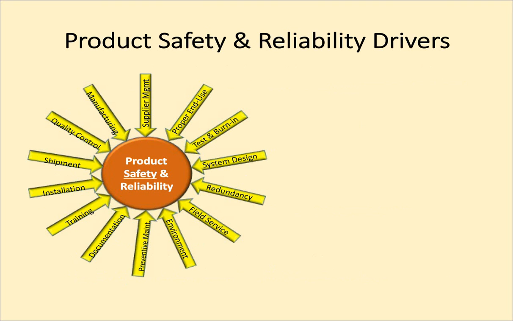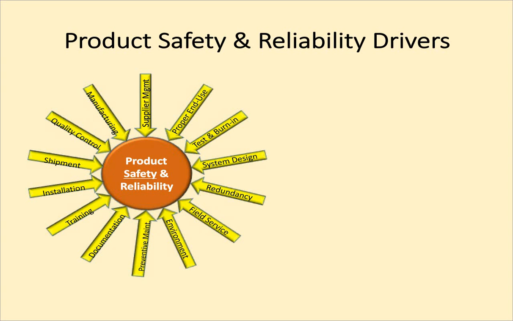So, there are a lot of factors that can drive product safety and reliability. How well the system or product is manufactured is important. The quality control and associated inspections during manufacturing are very important. Of critical importance is the system design. If the design engineers don't design the system as a safe product, there's not too much that can be done to fix that. And you can see quite a number of other factors.